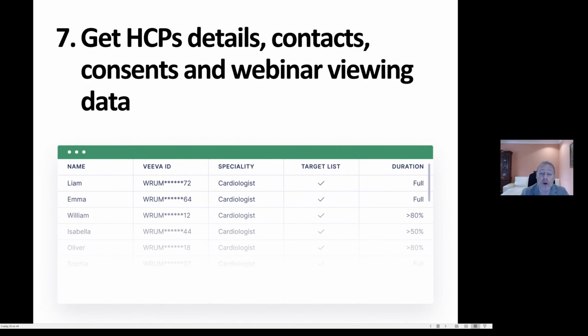Now you have the report on your webinar recording engagements with names and locations, and it will help you identify the reps responsible for the specific doctor. This makes the engagement valuable for the sales organization and provides for accounting for the